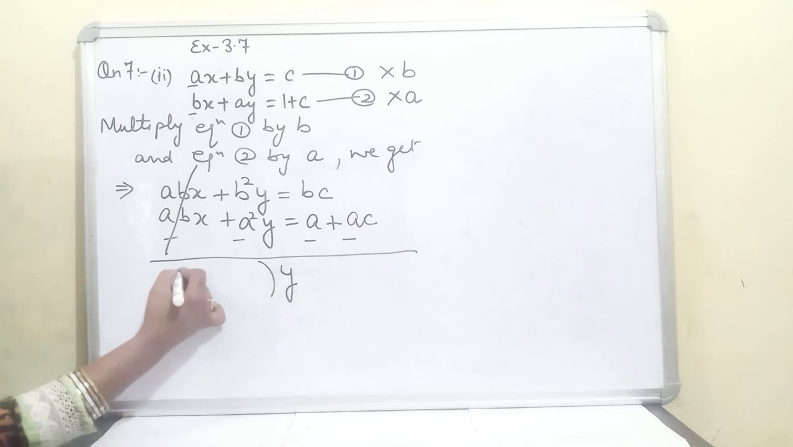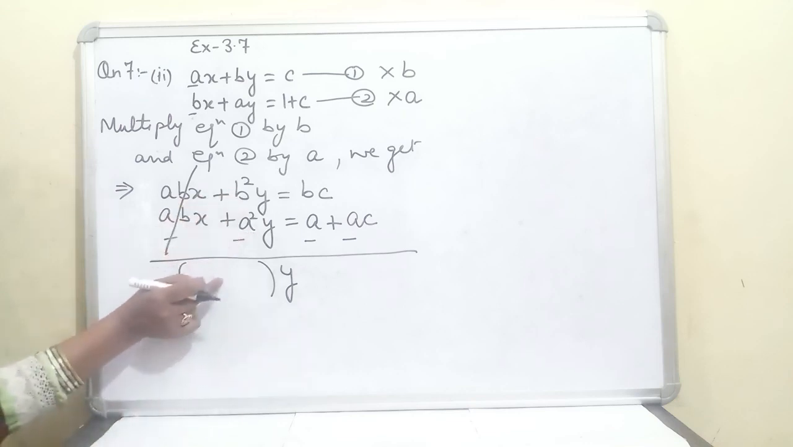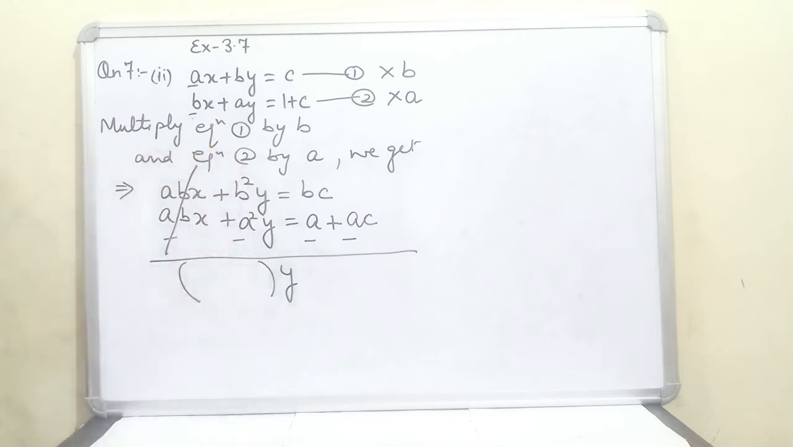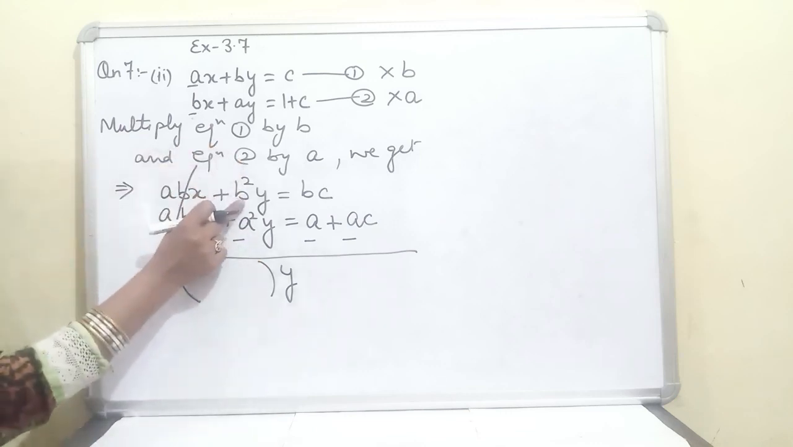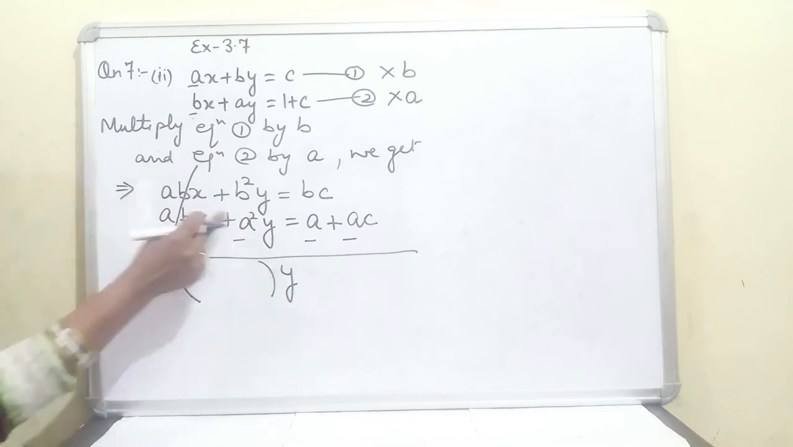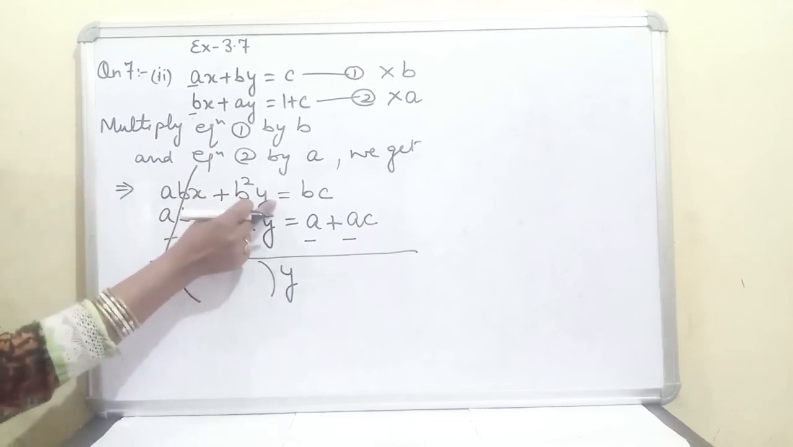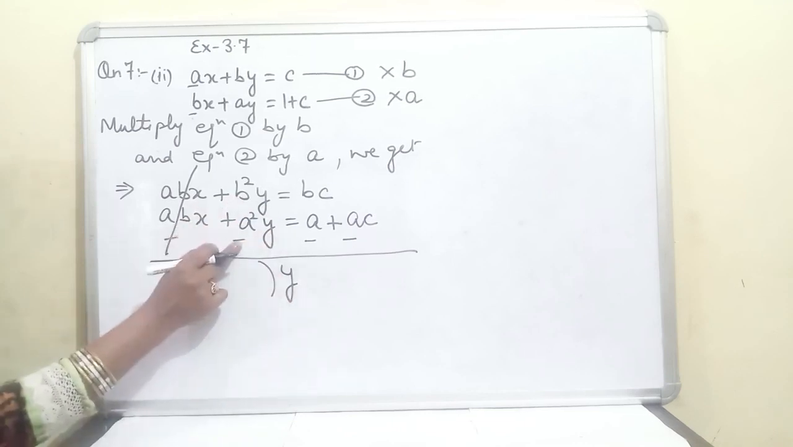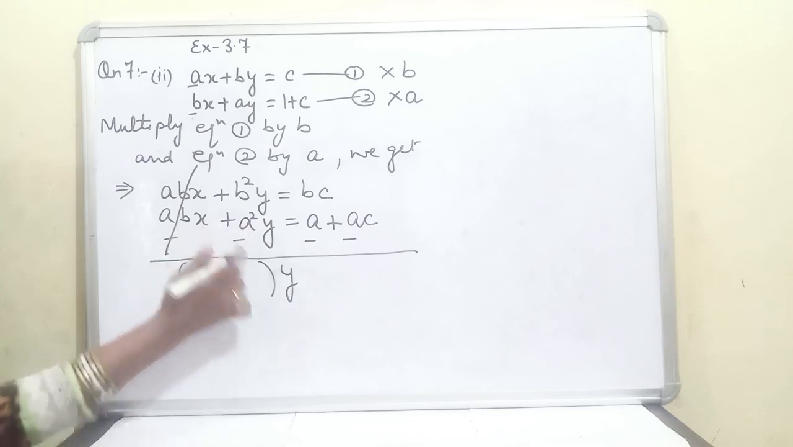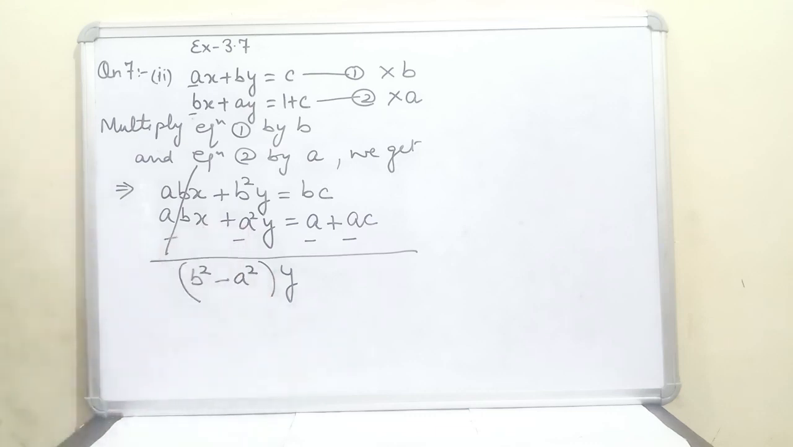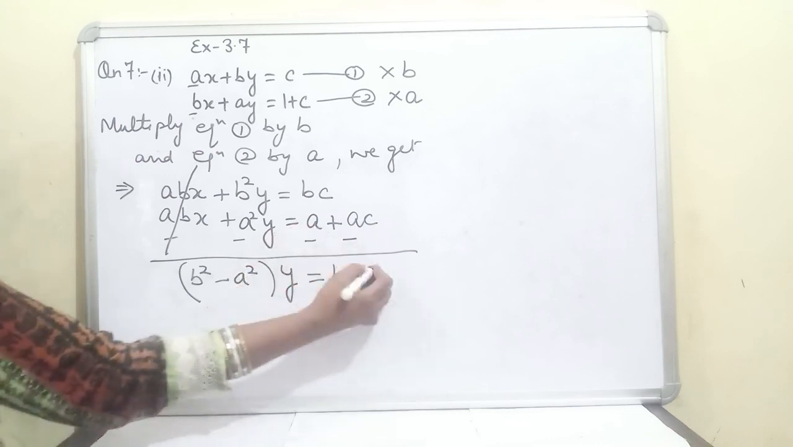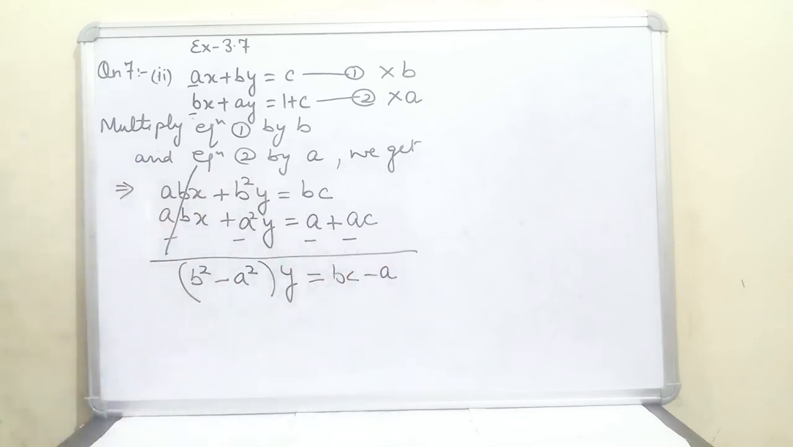If you take y common, what do you get inside the bracket? a square minus b square. Very good. Is it a square minus b square or b square minus a square? Check it again. It will be b square minus a square, not a square minus b square. Get it? If you are taking y common, from here you'll get b square and the sign of a square is now minus. So it will be minus a square. Right? Again, if I'm just looking here on the right side, it's bc minus a, sorry, and minus